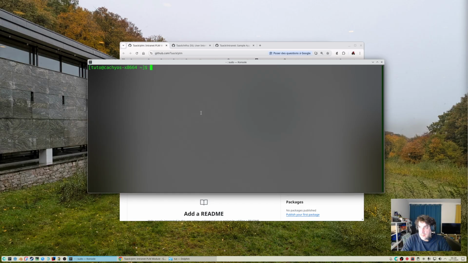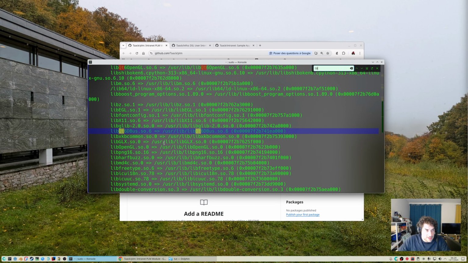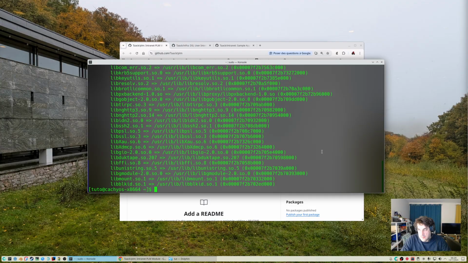The other task is to check the FreeCAD version, if the local installation is compiled against Qt 6. So you use the ldd command for this purpose. And here, if you look at Qt, we see that FreeCAD is linked against the Qt 6 version. This is mandatory because this way we can use the Wayland backend more easily.